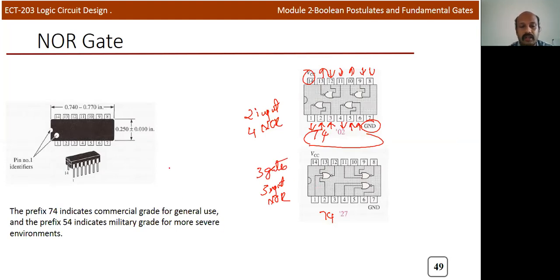And one more thing I will point out here: the NAND gate is more popular than the NOR gate. The reason we will discuss in the last module, but you can remember this point. Okay, that's why we discussed different versions of the NAND gate in lecture 4. The NOR gate also has different input versions available, but they are not that common. NAND gate is more popular than NOR gate, and we will discuss the reason when we discuss the CMOS and TTL characteristics. Okay, both we can use, but there are some advantages when you use the NAND gate.